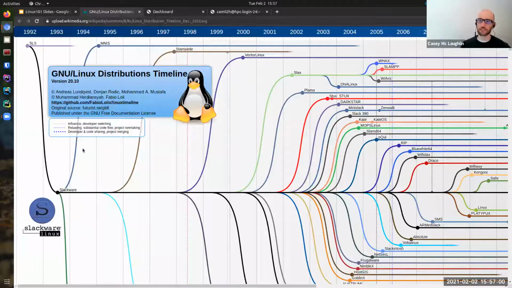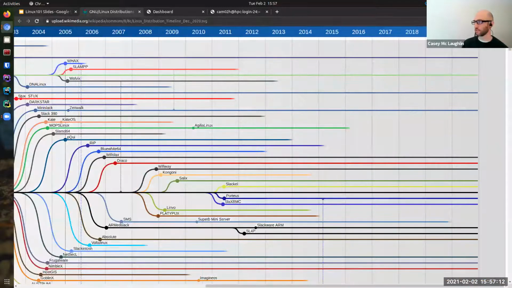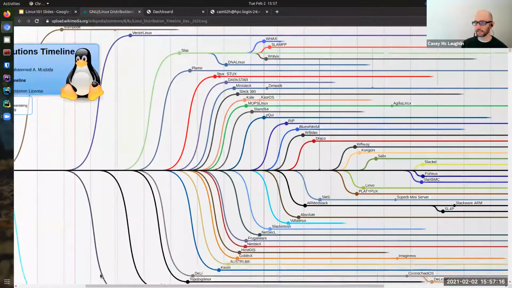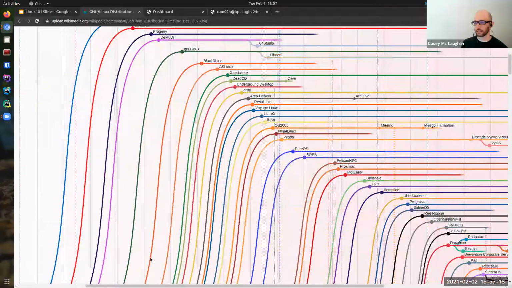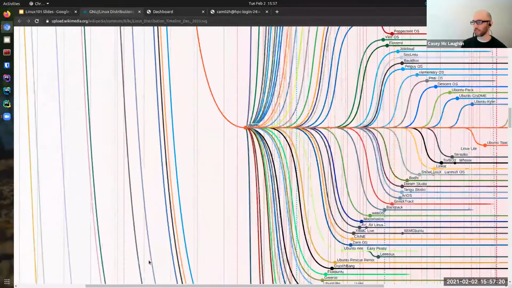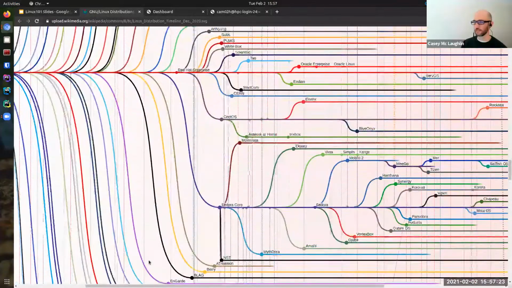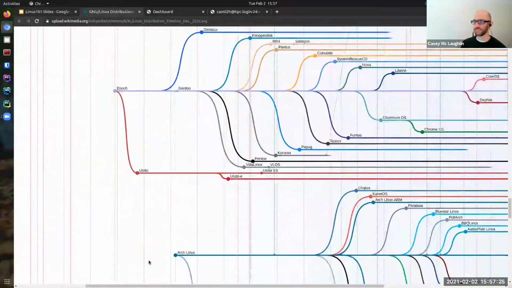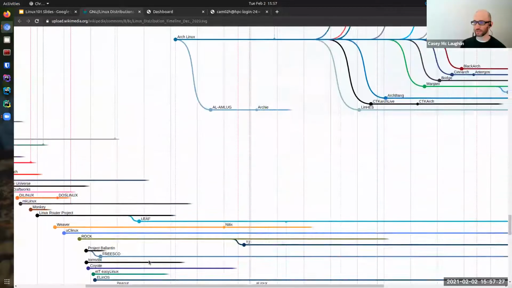Let's take a look at this slide real quick, because I think it's pertinent to this discussion. So going back to the beginning of the Linux kernel, which was 1992, and fast forwarding to today, which is 2021, you can kind of see that a whole lot of distributions were made, each one of them trying to solve a different specific problem.